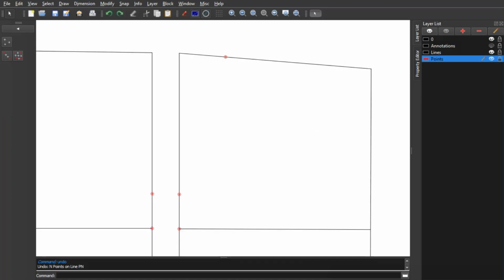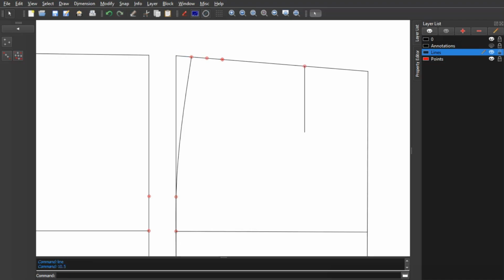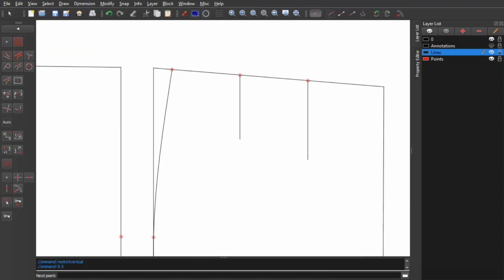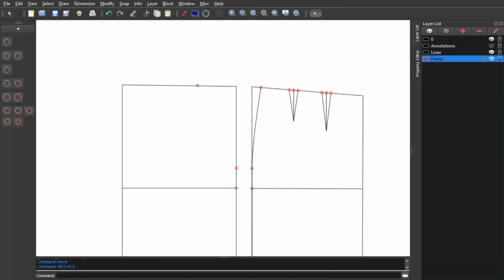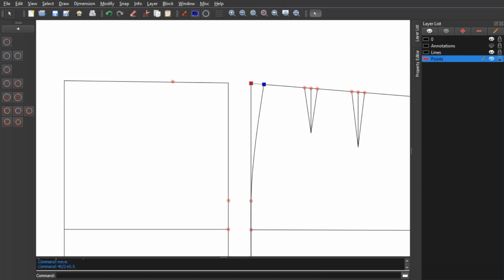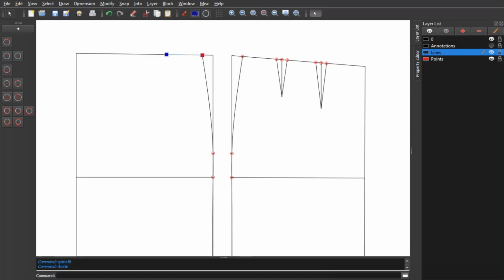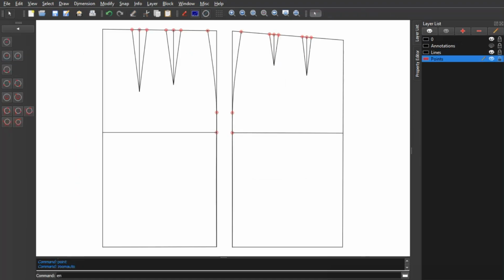For 2 darts, divide this length by 3 and allocate a third to each dart. Place the second dart at the midpoint between the front dart and the side seam. Measure the area for the dart length or just make it about 2 cm shorter than the main dart. For the back, this length is the same as the front. Divide this length by 2 and allocate it to the darts. The dart placement is the same as the front.